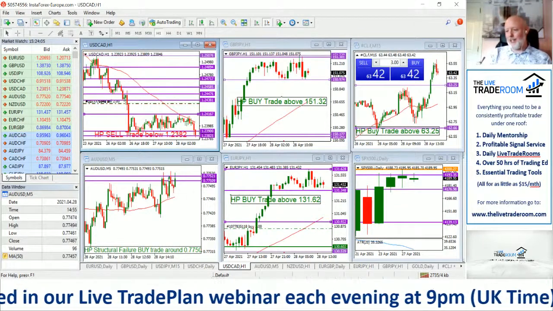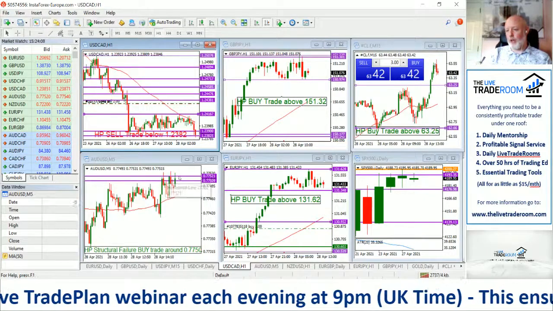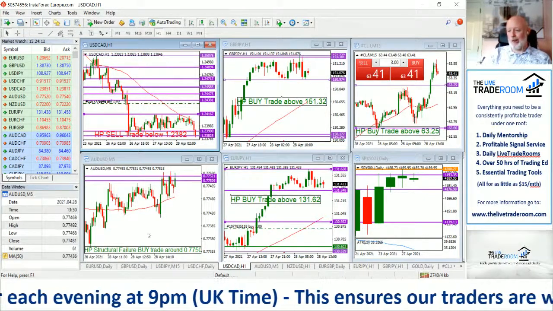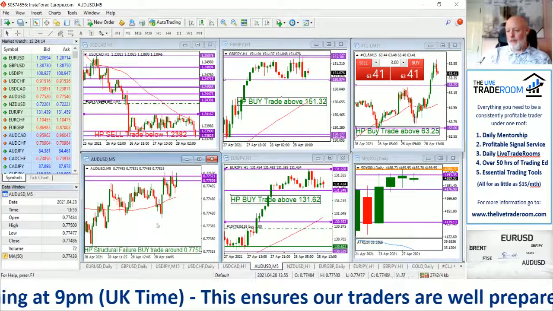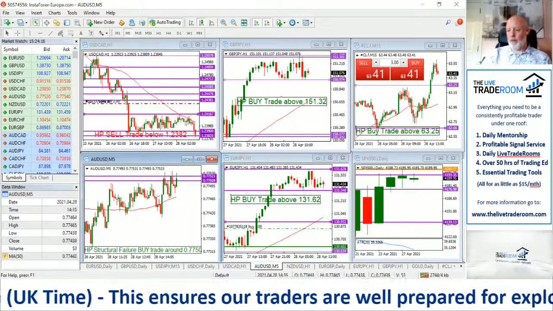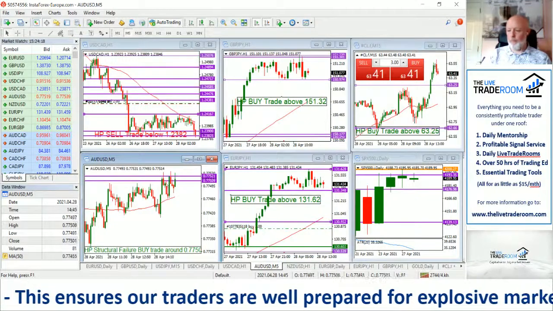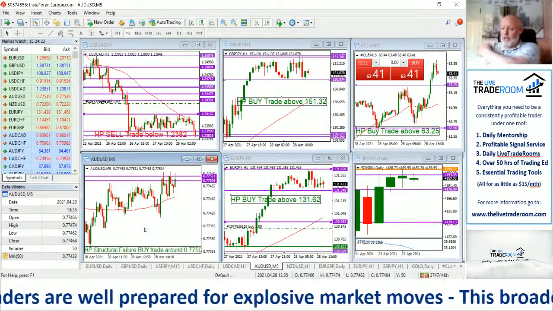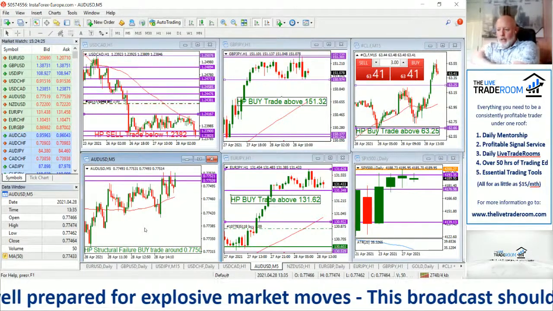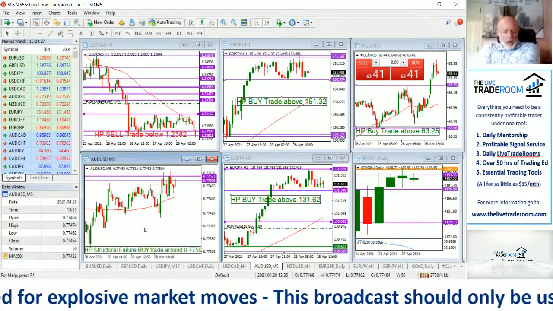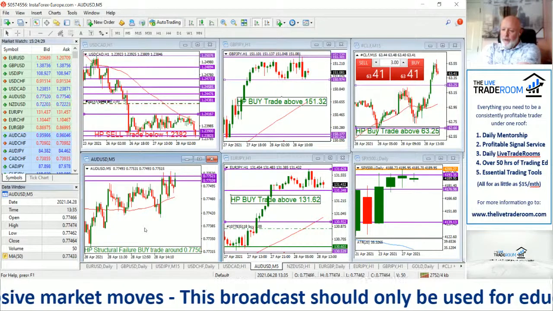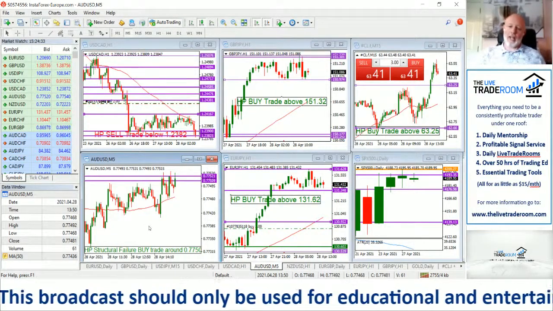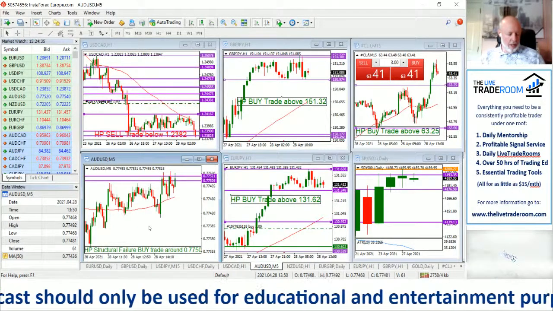So the Aussie dollar just doesn't want to close above that 77.50 level. So that's why we've identified that level as a high probability level. And the reason why we trade support and resistance is it stops you from getting into trades unless you can close above them if you're looking for a buy trade, or they close below if you're looking for a sell trade. Unless they do that, there's no trade there.